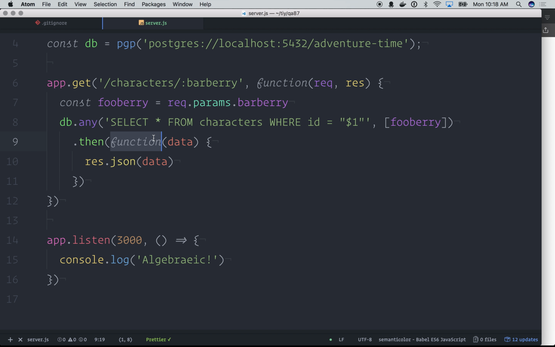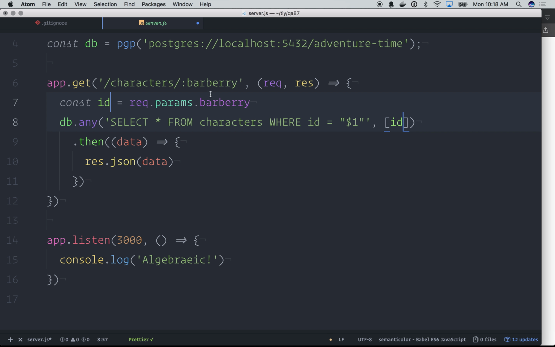So I'm going to make a couple small syntactical changes here because this is killing me. Cool. I also, as much as I love foo berries and barberries,